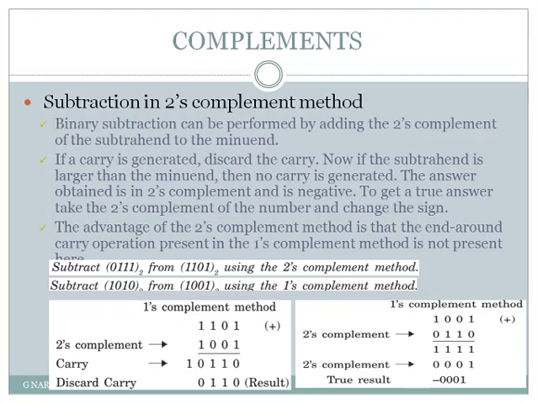So overall, performing subtraction using the complements method is advantageous compared to the direct method, as it uses the same circuitry as the addition circuit. And among the complements, there are the one's complement method and the two's complement method. Among these two, the two's complement method is preferred, and it is used in all present digital electronic circuits, because the two's complement method avoids the addition of the end around carry when a carry is generated. That means in the case when the subtrahend is smaller than the minuend.